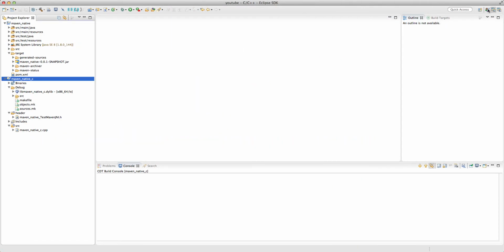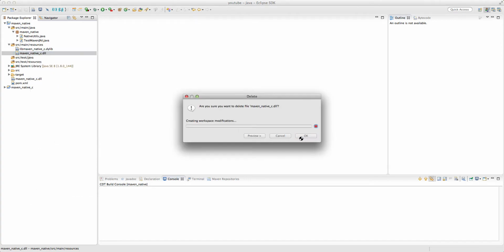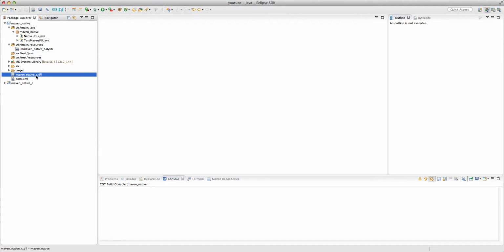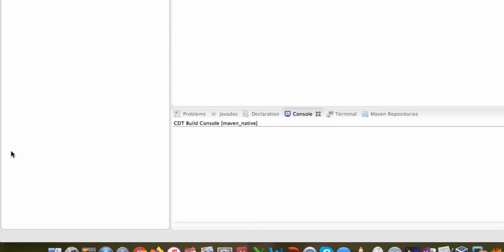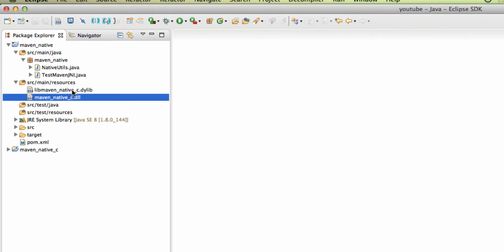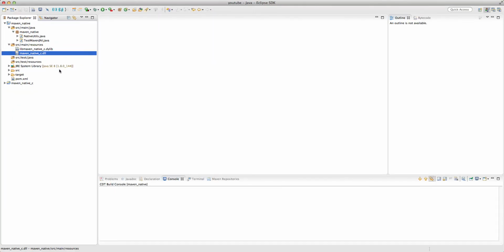So here, back to Java. If I refresh this now, I have this. In the resources, I already had this once before, but let's delete this. Now I created the dynamic library in Windows, and then I can put it inside my resources. Now I have a dynamic library for Mac OS and also a dynamic library for Windows. So in the test native,